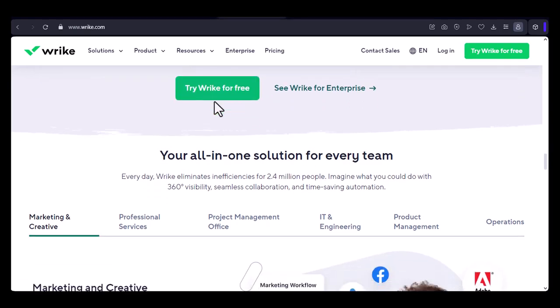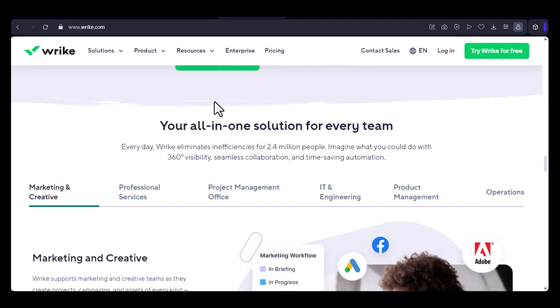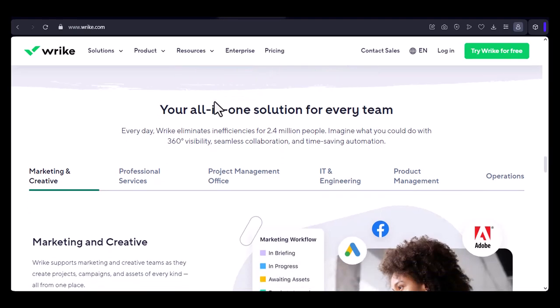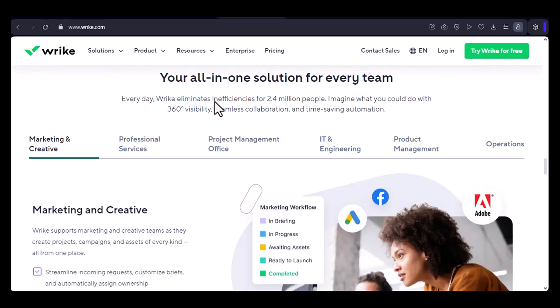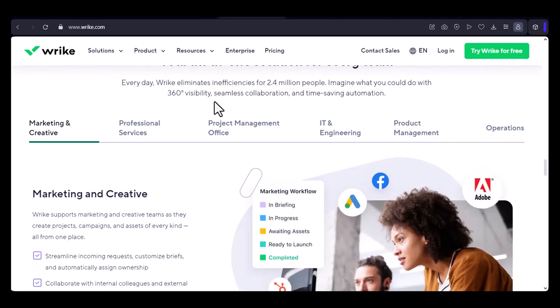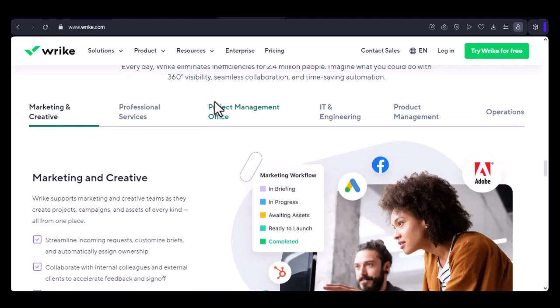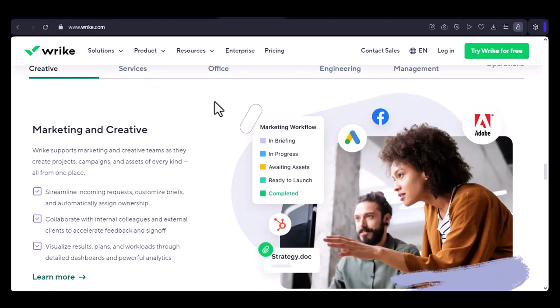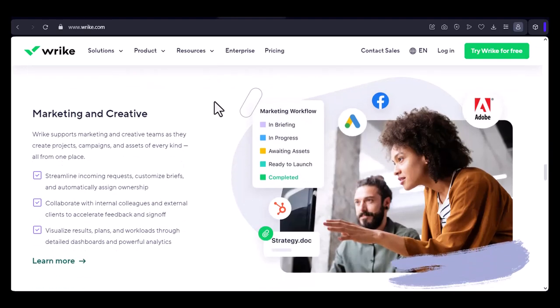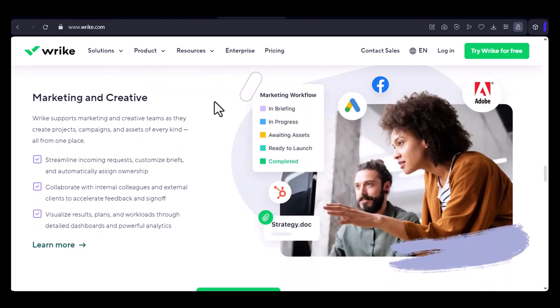In conclusion, Wrike does indeed have project templates. These templates can be a valuable tool for helping you get started on your projects more quickly and efficiently. With Wrike's customizable templates and other powerful features, you can effectively manage your projects and achieve your goals. So, if you're ready to take your project management to the next level, be sure to check out Wrike and